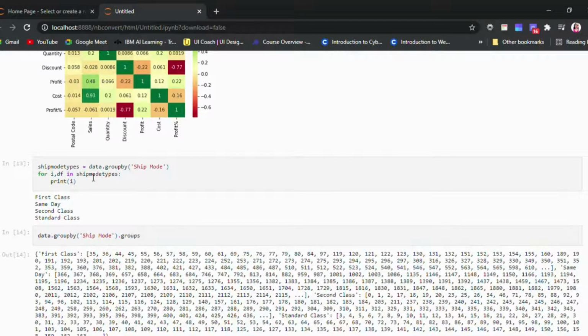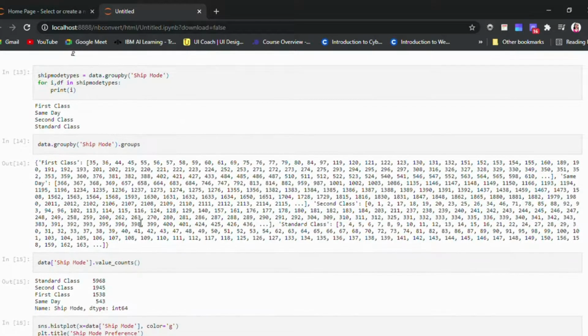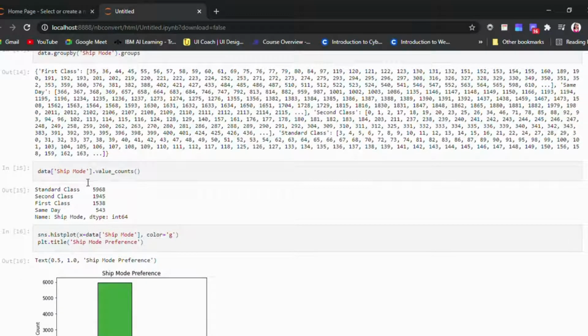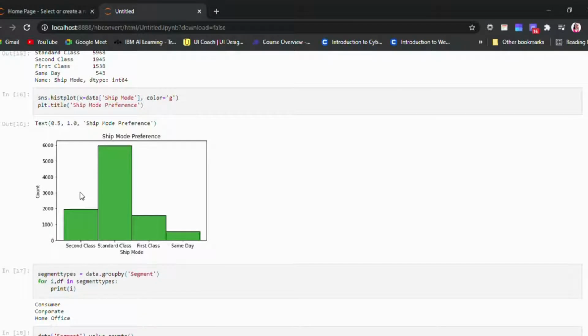Ship mode types equals data.groupby ship mode. We are grouping all the data by the ship mode itself, and we are now calculating the number of counts within the data in the ship mode. Plotting the ship mode preference graph,